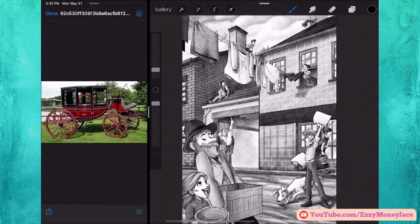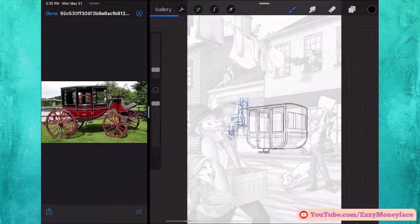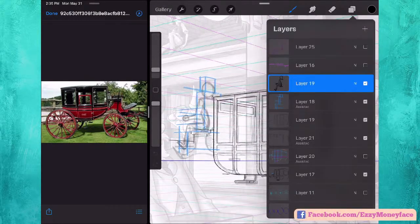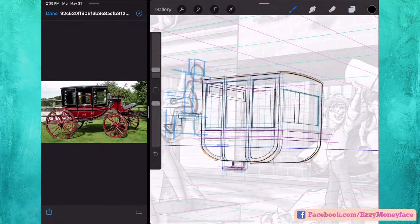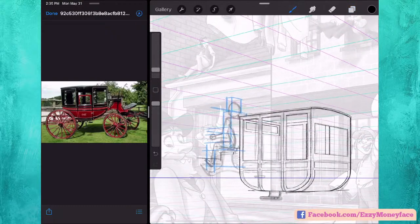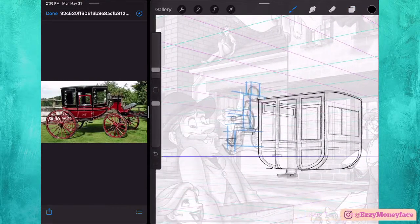So this is how far I've gotten when I was working on it on Friday, and then this morning I started on the carriage. The carriage has all of its little layers underneath, all of its little color lines and diagrams and everything. So that is the carriage so far. And I figured, to prepare for this one,